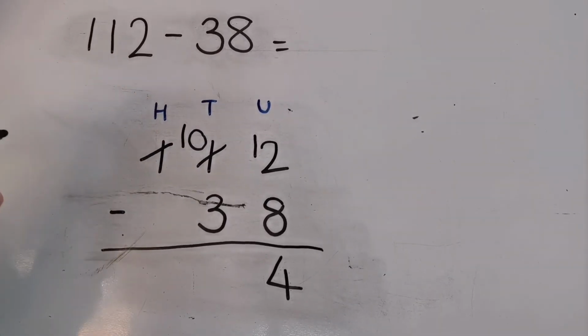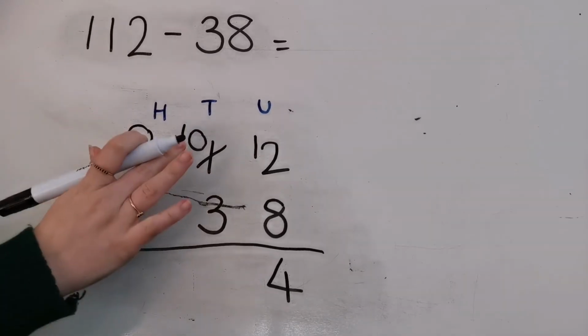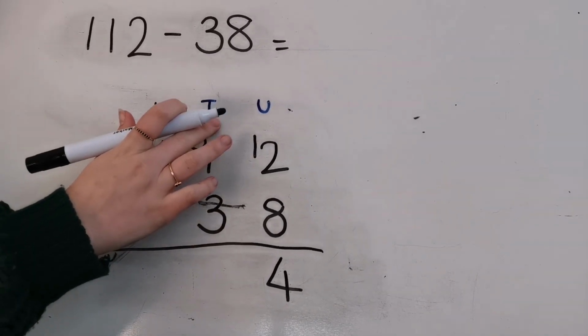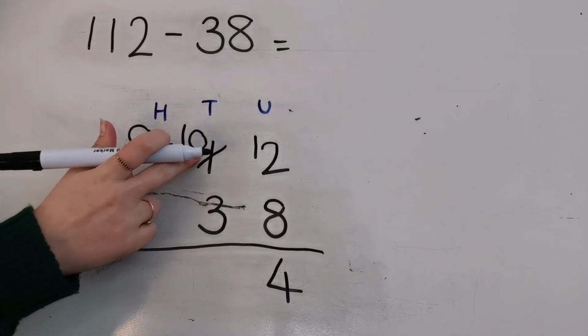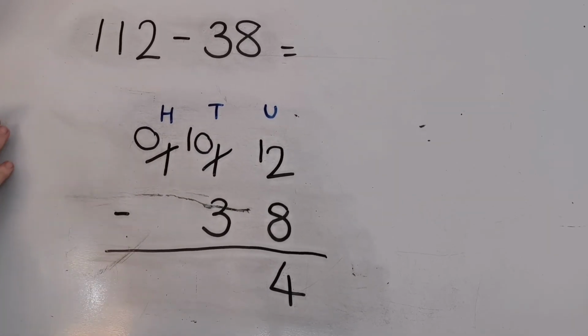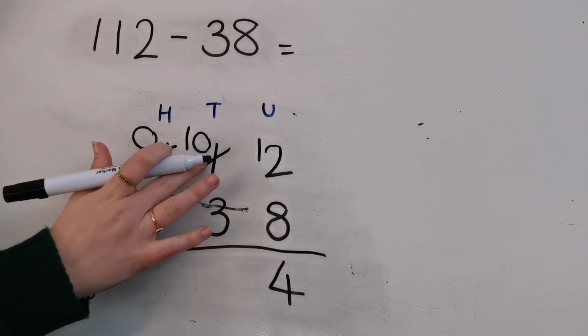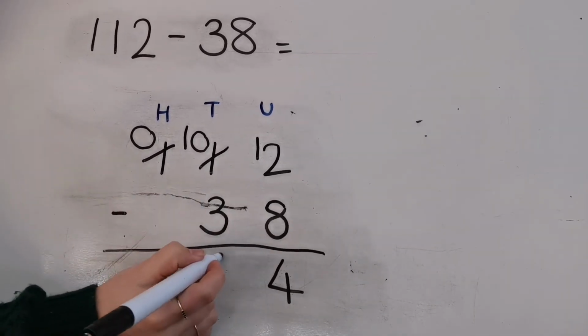Now that I've taken the 100 away, there are no hundreds left, but I do now have 10 tens, which is that 100, okay? 100 is 10 tens. So now I have them in the tens column. That makes it a lot easier for me because I can do 10 take away 3 and get my answer